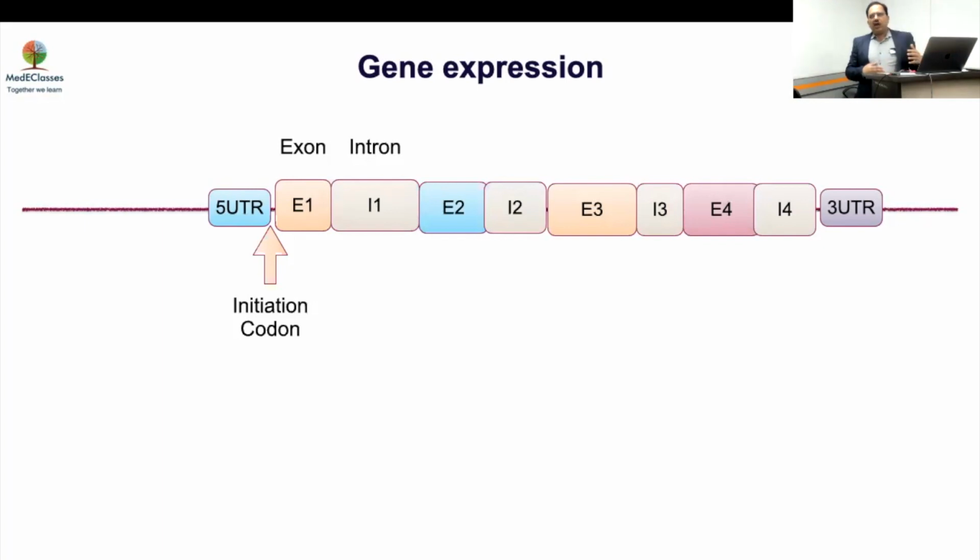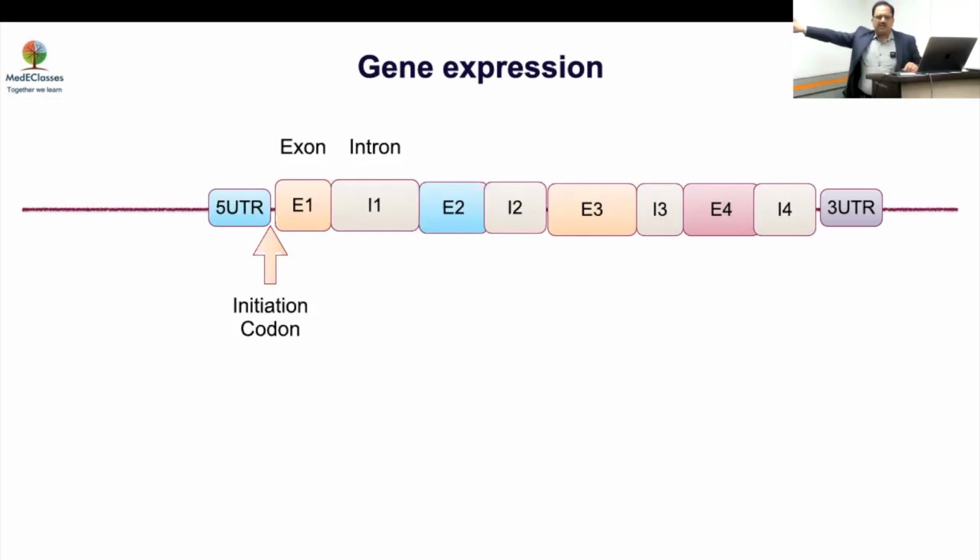But what do you think? Why are we not getting many diseases from introns, or the regions which are not coded? Do you think they are responsible for something, or they are not responsible for disease? A lot of these diseases will be subtle. They will be like promoters, enhancers, regulators. They will be subtle, and it will be difficult to express and identify them. But the fact is, we don't know the genetic basis of so many diseases. We already know that there are 19,000 genes, and we know a lot about them. We don't know about the 98.5%, which is non-exomic material, which is basically DNA only. But what it does, that is important.